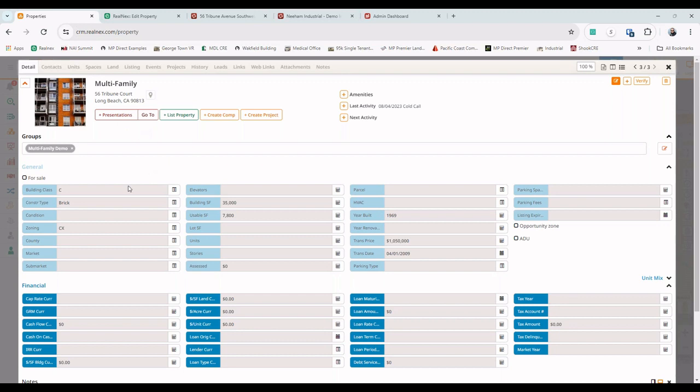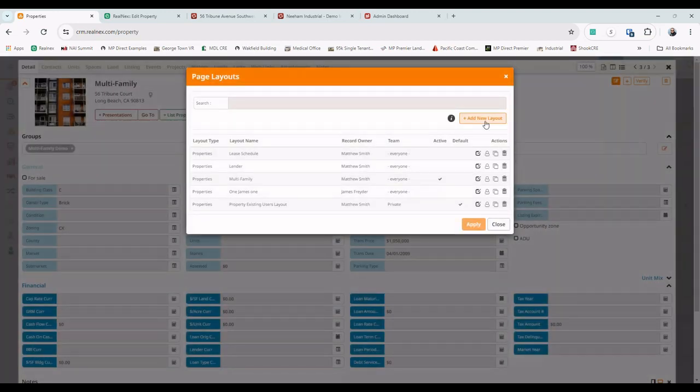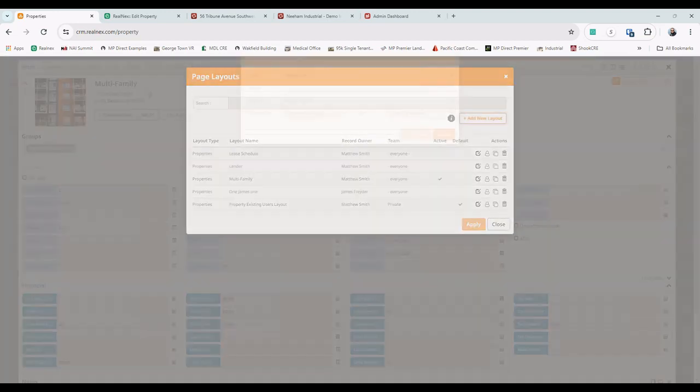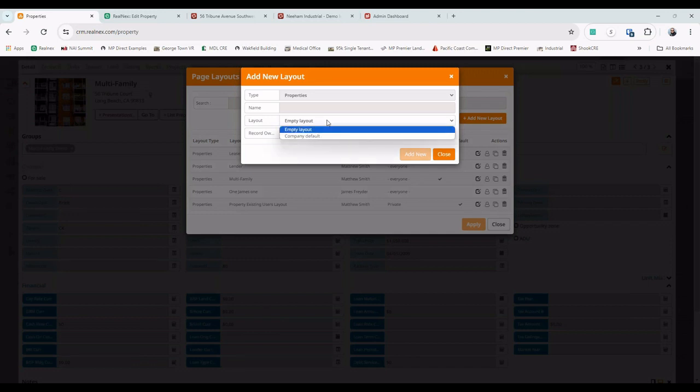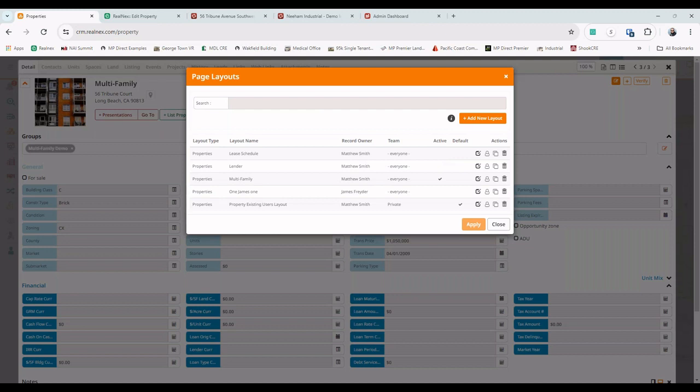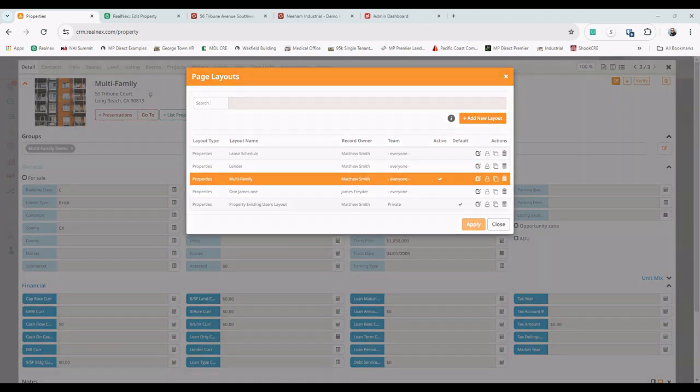Now, how did I create this beautiful layout? You simply go to your button in the upper right-hand corner, click Layouts, Add New Template, Layout, Company Default. That's the company default, meaning your company's defaulted layout. It could be the RealNex default. It could be your company's layout because that's what you're part of. You can type in a name. The name would be multifamily, office, retail, whatever that case would be, and then it will take you to another page